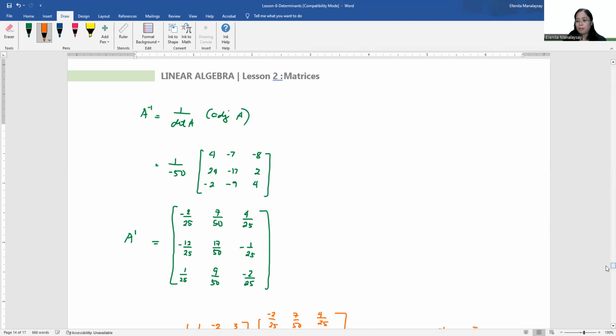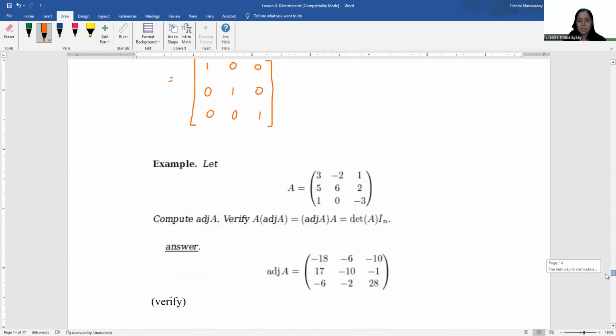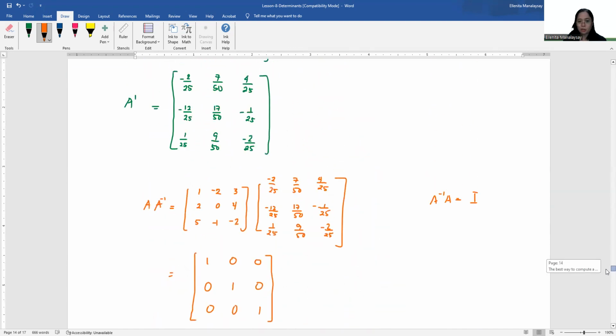So you have additional example here, okay, sa ating lecture notes. So i-add nyo na lang itong example na to dito sa recording, and please practice what you've learned from this